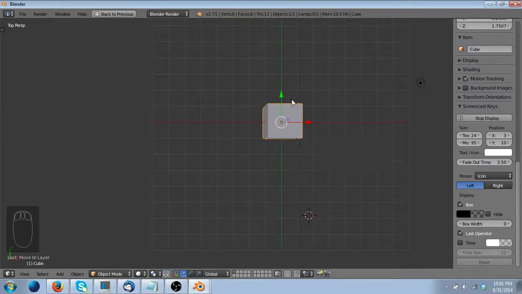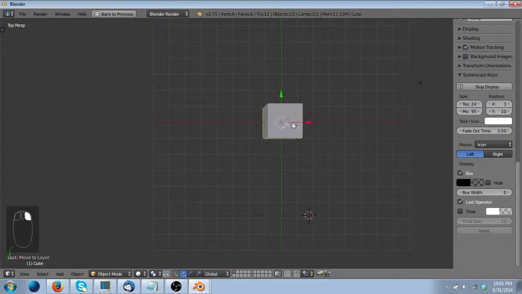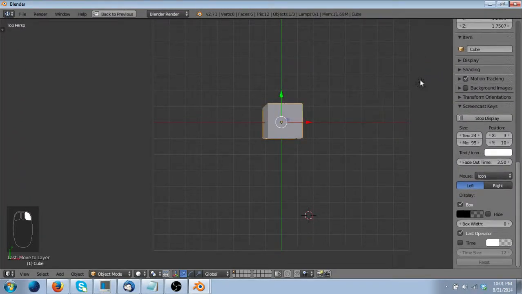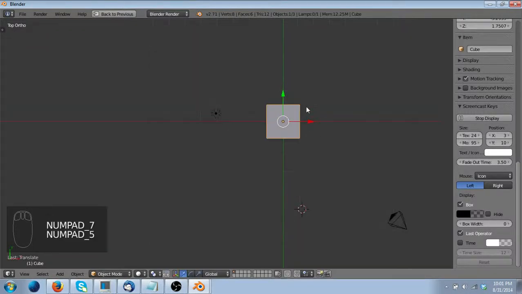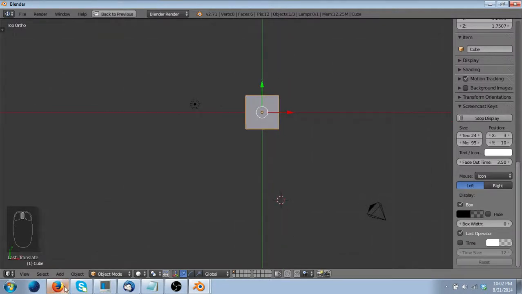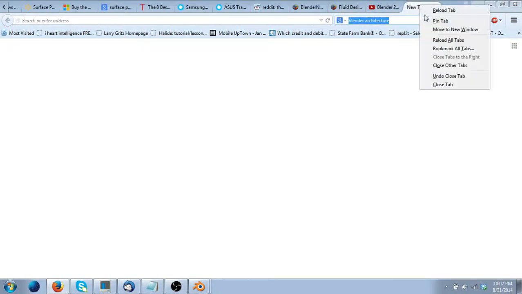You right click to select objects. You can press 5 to switch from orthographic to perspective and back again. You probably want orthographic here because we're going to do floor plans. And I'm going to go ahead and just